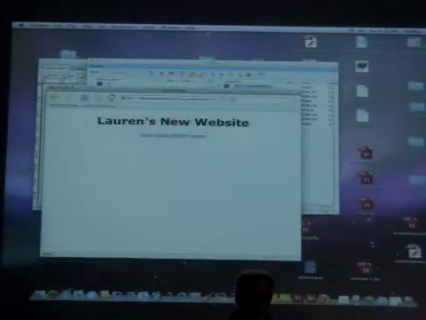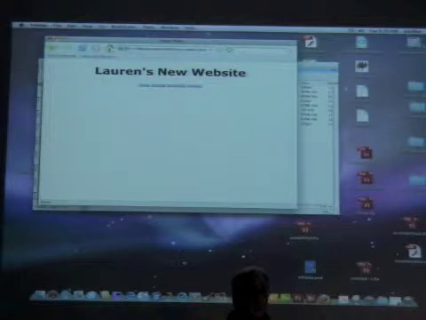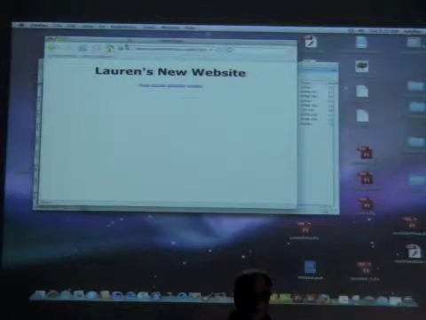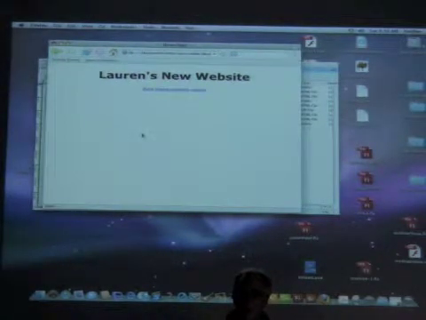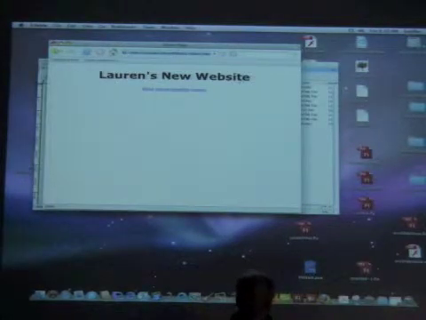We can go back to the browser, and instead of seeing this as a file name, if I want to actually see what it looks like on the web, then I put in the URL. Because notice that this is previewing this in the browser, but this is all local, and I can tell it's local because it has file, not HTTP. So let's go ahead and put in here instead HTTP ://